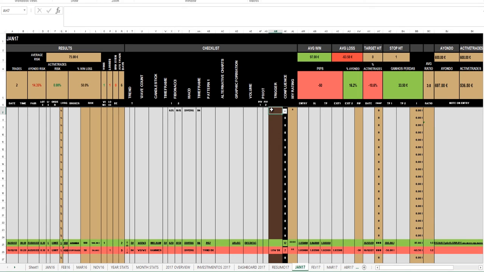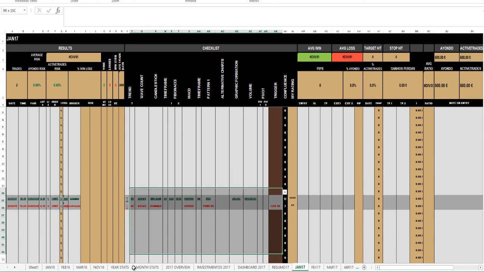Any more questions? This is boring stuff, but I think it's important. It really changed my trading perspective when I started developing my own spreadsheet, and